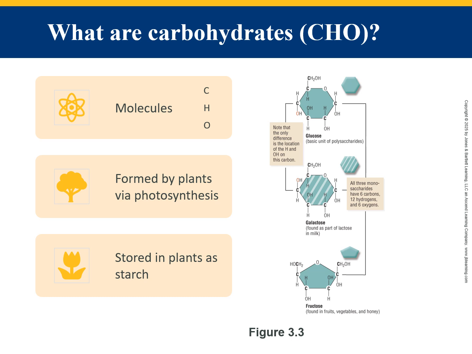So the carbohydrates are made primarily of carbon, hydrogen, and oxygen. The structure is a little bit different. You'll see that it's either a 6 or a 5 ring structure. And we have glucose and galactose as being the 6 ring. Fructose is a 5 ring. These are primarily formed by plants via photosynthesis and stored in plants as starch.